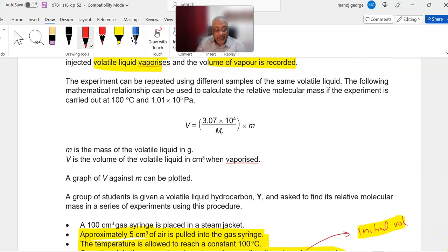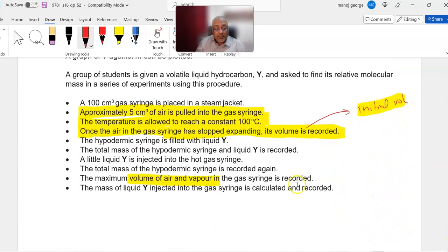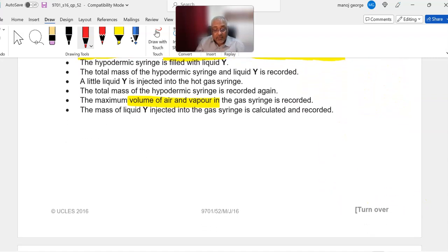Now the question talks about the whole procedure, as I was mentioning: you have to push in a certain amount of volatile liquid, and as it changes into a gaseous form, it's going to add to the volume of the air which is already inside the bigger syringe. Okay. Now, when we go towards our next page,